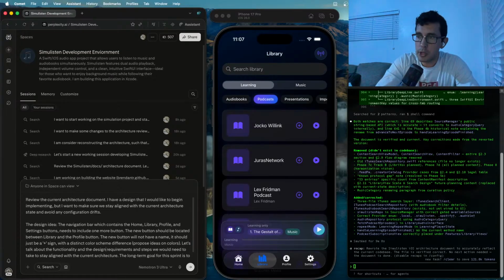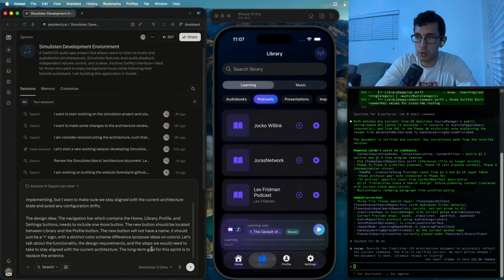Let's talk about the functionality and design requirements and the steps we need to take to stay aligned with current architecture. The long-term goal for this sprint is to place the antenna